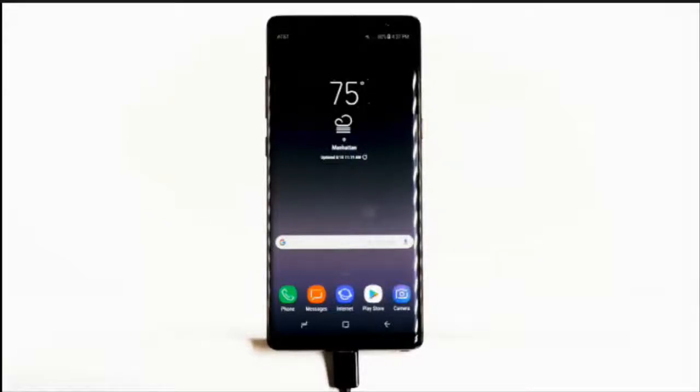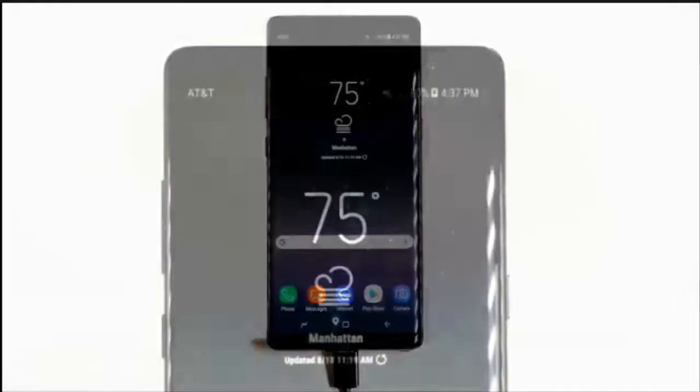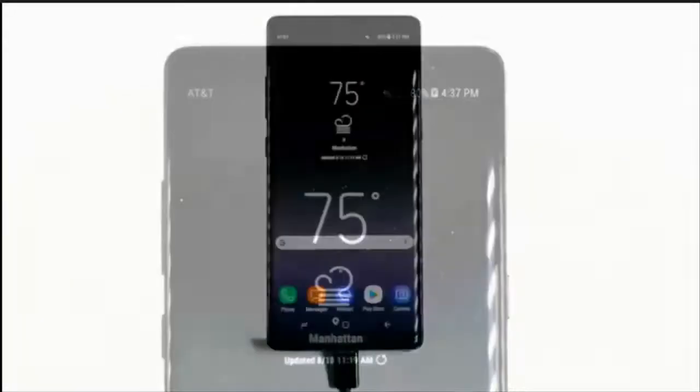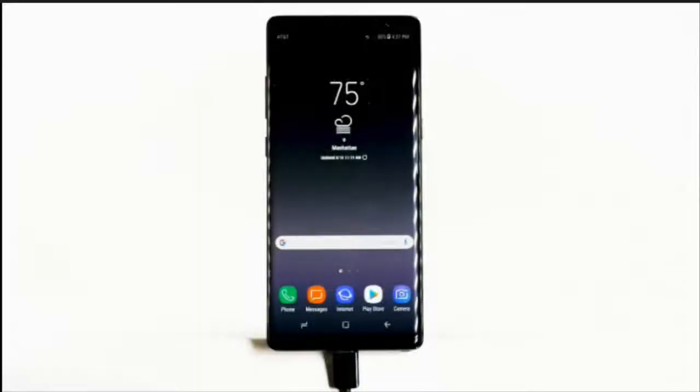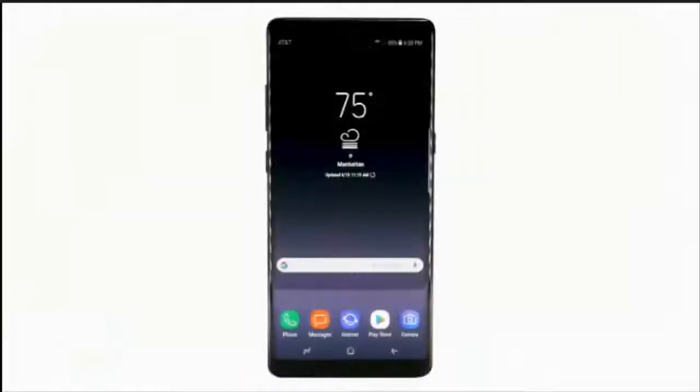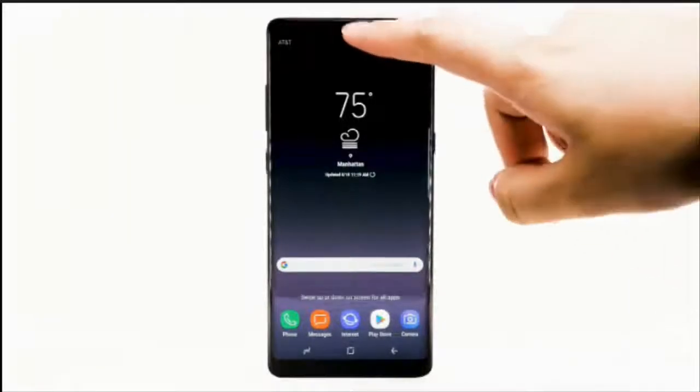Battery life and charge cycles vary by use and settings. While charging, the charging icon will be displayed in the notification bar. The device has a standby time of up to 12.5 days and a use talk time of up to 33 hours. View battery usage. To view the device's battery usage, from the home screen, swipe down from the notification bar,